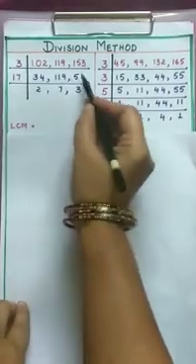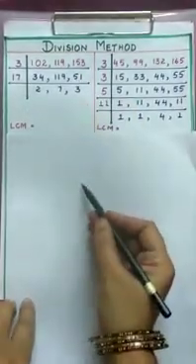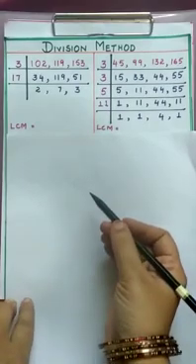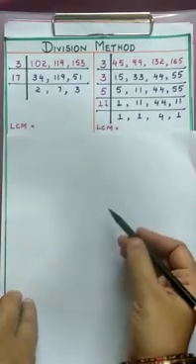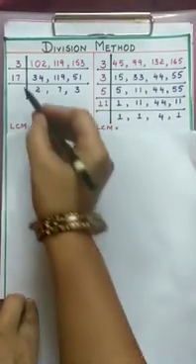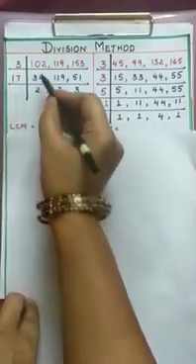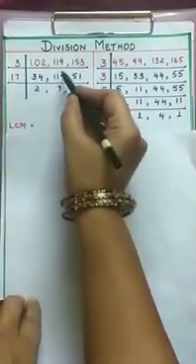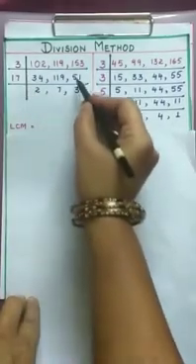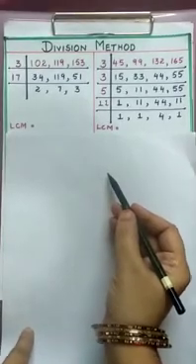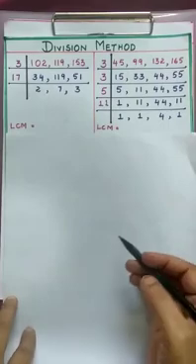Now for these three numbers, 17 is the common factor. Children, if you know tables thoroughly, then only you can identify it, or else it is difficult. 17 2's are 34, 17 7's are 119, 17 3's are 51. Now for 2, 7 and 3, there is no common factor. So we stop here and we multiply the numbers.